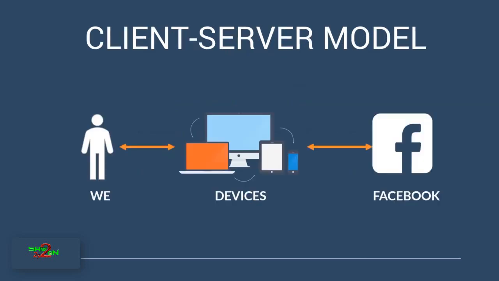Let's take a step back and understand how the client-server model works from the things that we use today. Imagine you are trying to access Facebook from a mobile, a computer, or an iPad. You type in facebook.com, or if you have a mobile app, you open it. All these devices basically connect back to Facebook, fetch all the details and then show them to us. That's a very simple way of accessing the Facebook application.